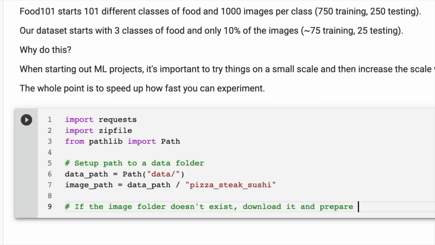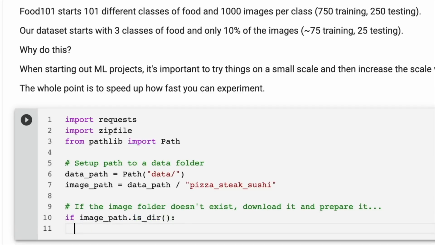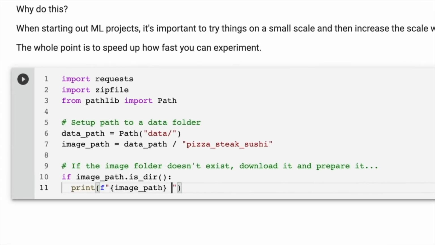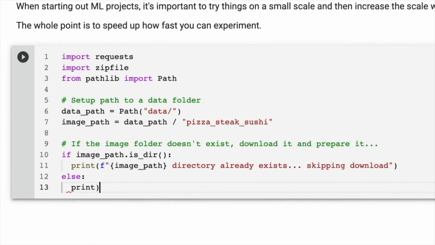But if it doesn't exist, we want to download it and unzip it. So if image path is dir, we want to print out the image path directory already exists, skipping download. And then if it doesn't exist, we want to print image path does not exist,